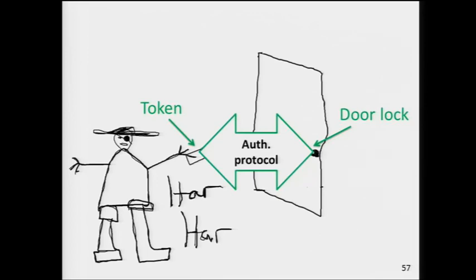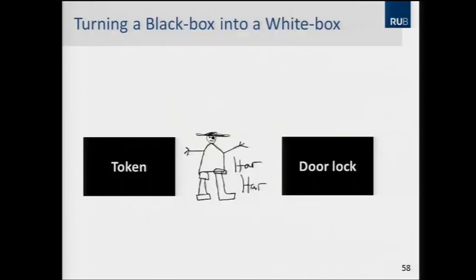Yeah, in this case, there was a pretty complex authentication protocol with 11 messages being exchanged, and we had no clue what they actually meant. So this was, again, a total black box. However, we tried to turn this into a white box, and for this, we looked at the components of the